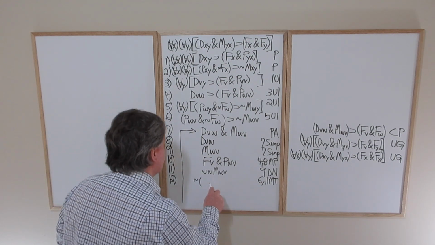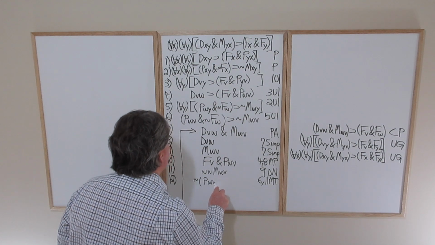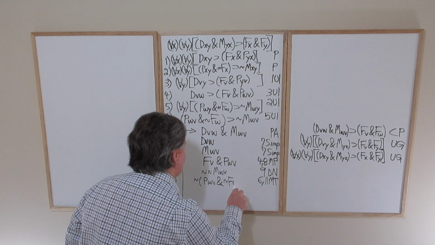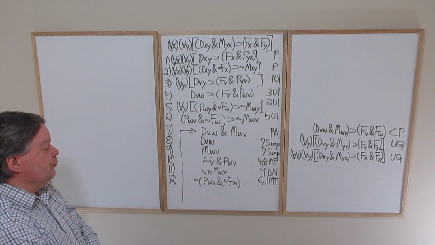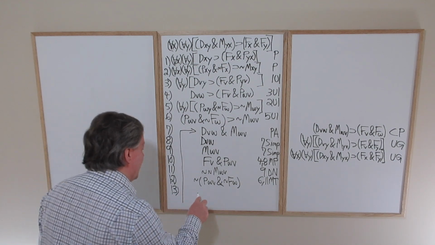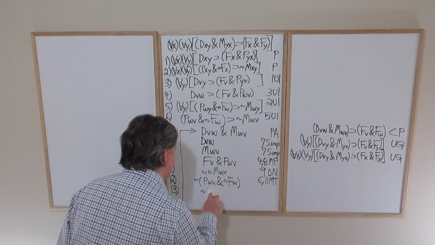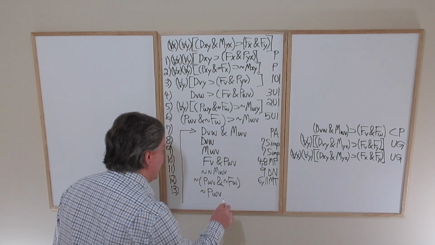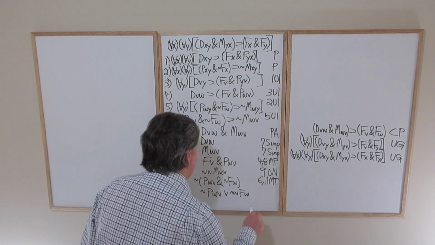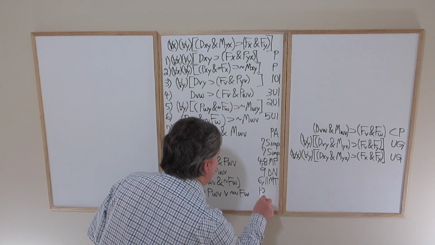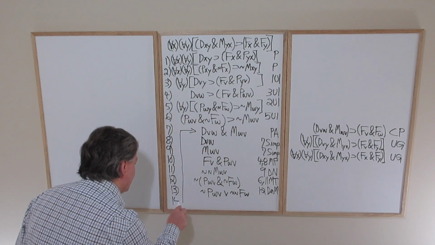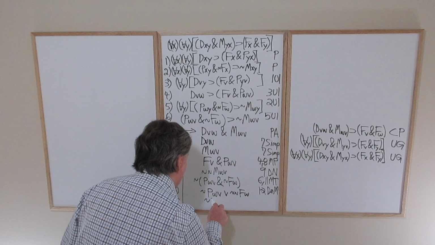tilde PWV and tilde FW. 12 is just calling for a De Morgan's to give us tilde PWV or tilde FW. So that's 12 De Morgan's. And at this point I'll just pause